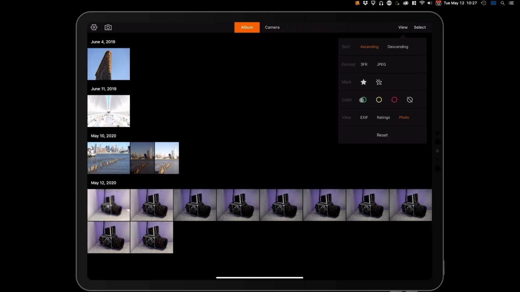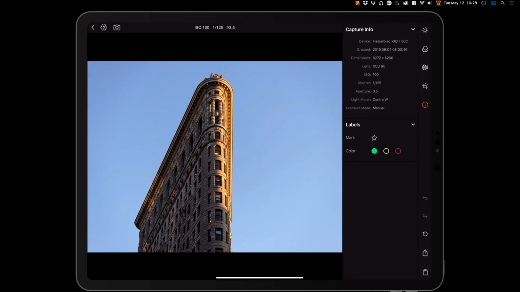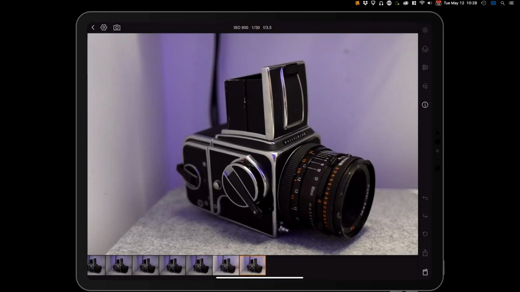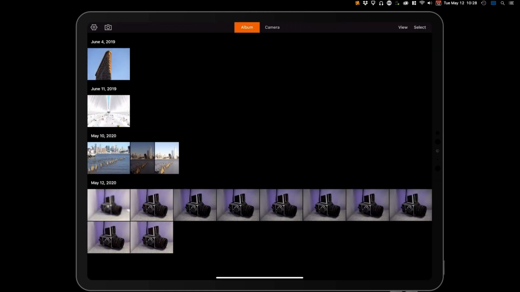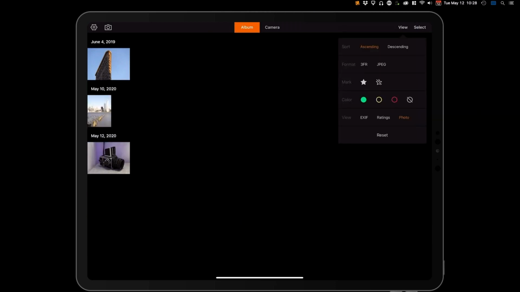So in this case, I actually only want to see images that I've marked as green. Let's go ahead and add one more here. Just tab over to the info screen, and then maybe one from our tethered setup. Not too bad there. We'll add that one as well. So once we have those selected, and let's say we only want to edit and optimize our top picks, I'll select that green filter, and now those three images are being shown in that filtered view.